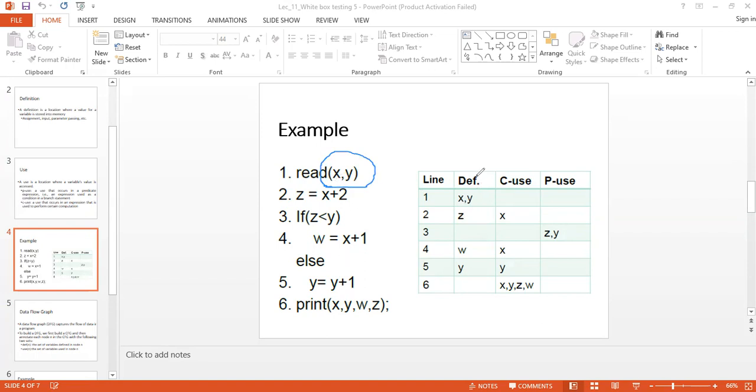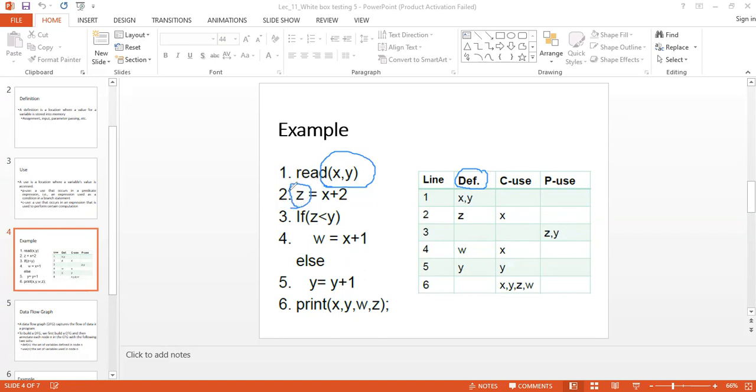So in the first line I have the definitions. When it comes to the second line, z equals, so z is now appearing.